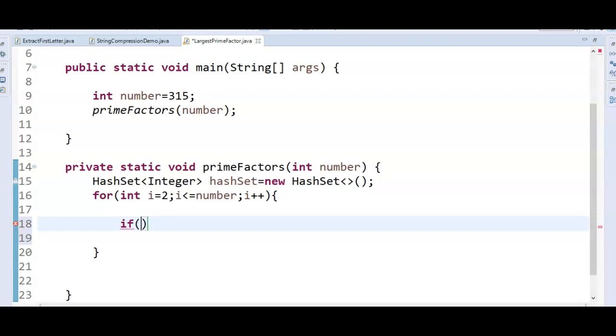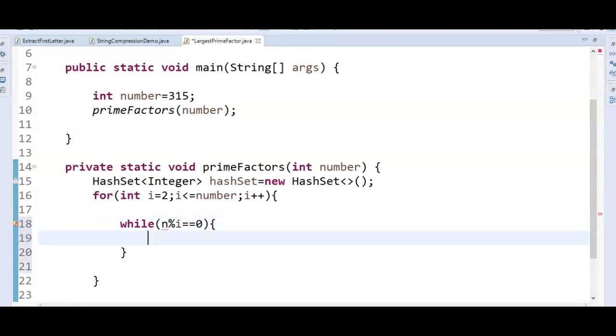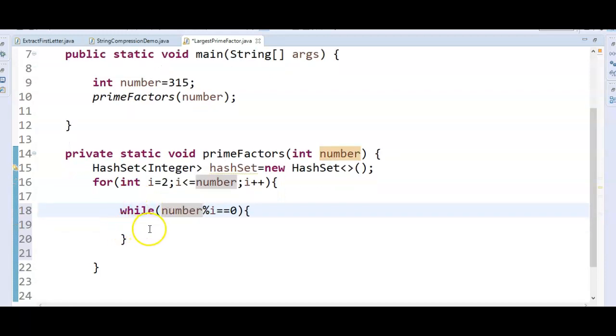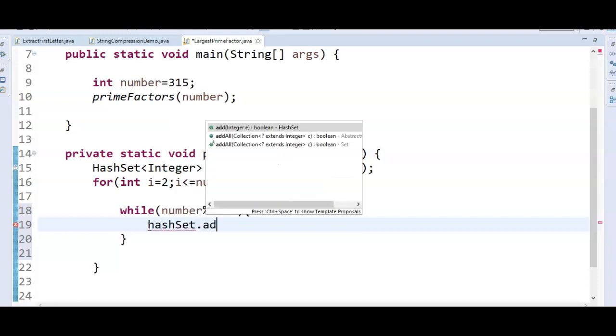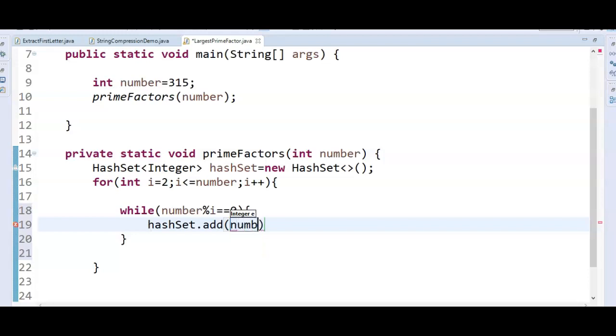So how do we do that? Whether this number is divisible or not? While number modulo i equal to 0, we'll say factors dot hashSet dot add number.